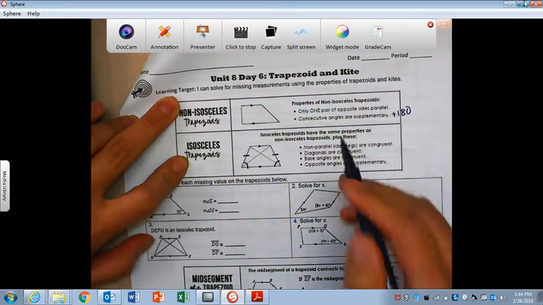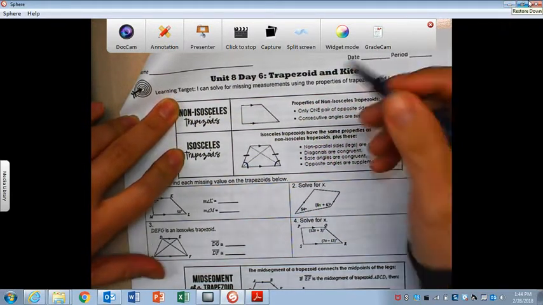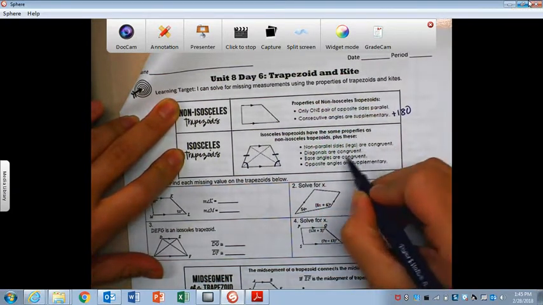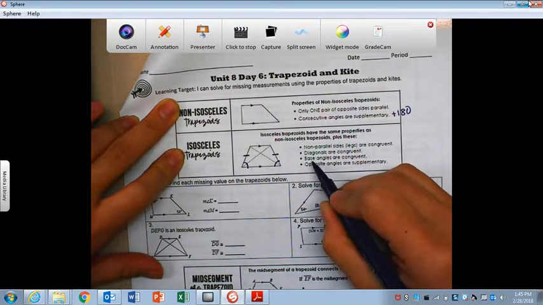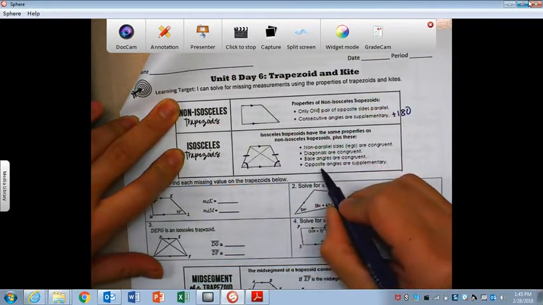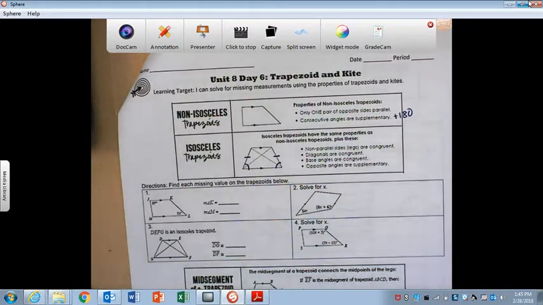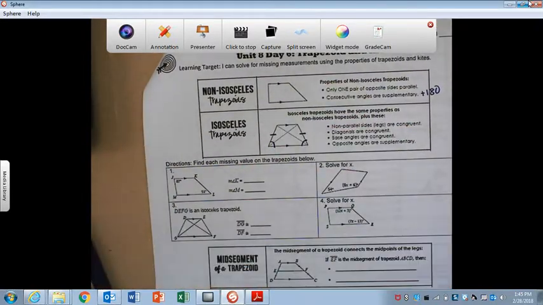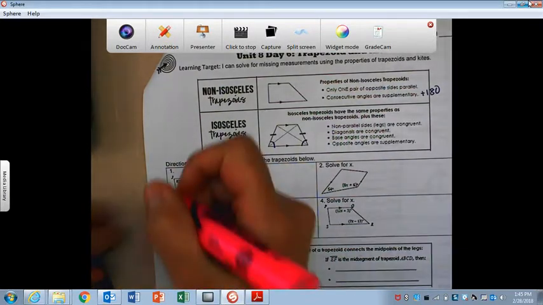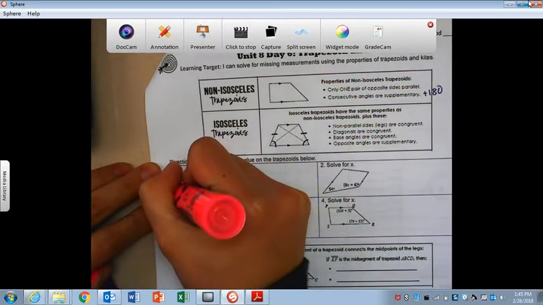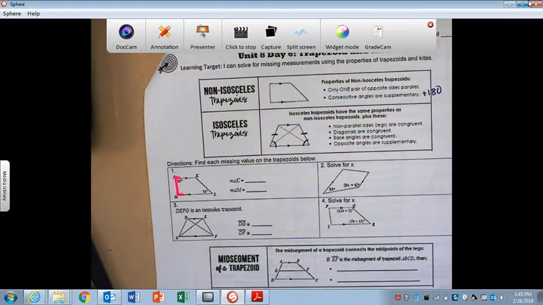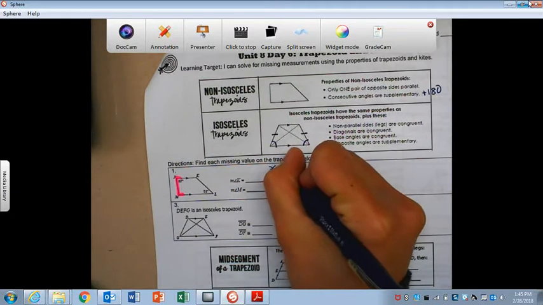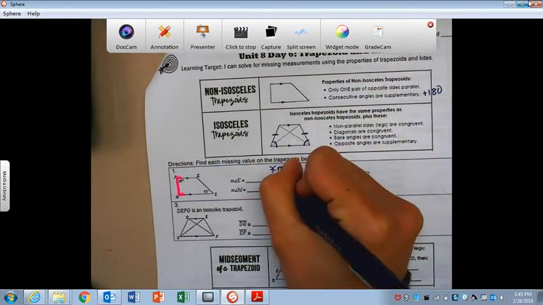Okay. The isosceles trapezoids, you've got the same properties. Non-parallel sides are congruent, diagonals are congruent, and then base angles are congruent, and again, opposite angles are supplementary. Okay, so number one, here, these are consecutive angles. So what I would do to find M, okay, so angle M, I would go 180 minus